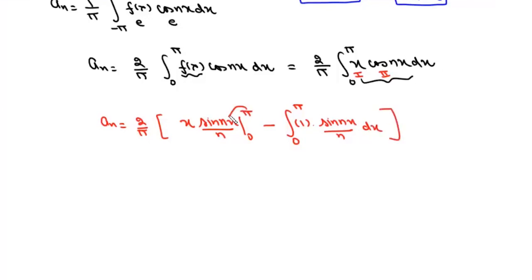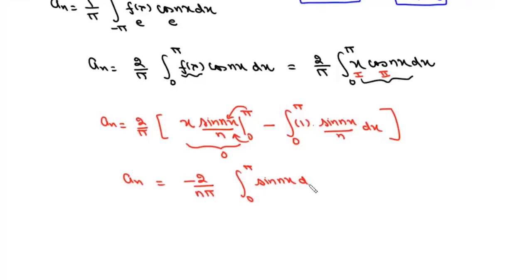Now we put the limits, sin n pi is 0 and sin 0 is also 0. So this expression will always be 0. So we'll get an as minus 2 upon n pi and then the integral from 0 to pi